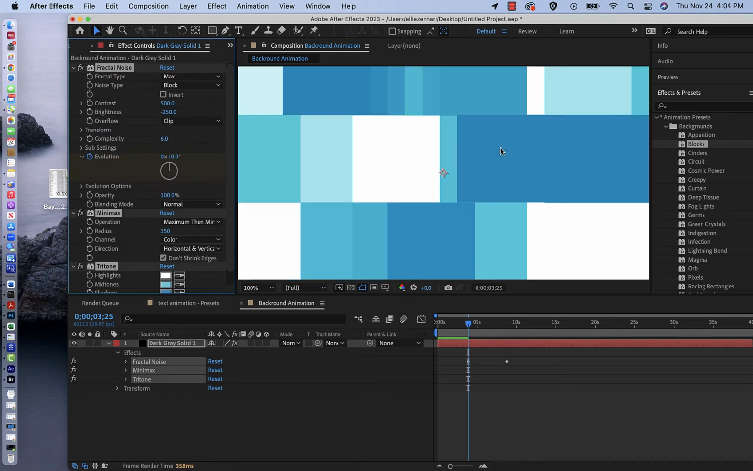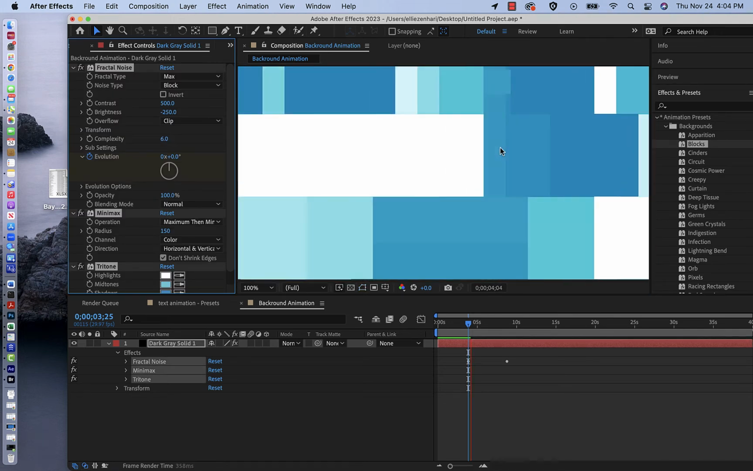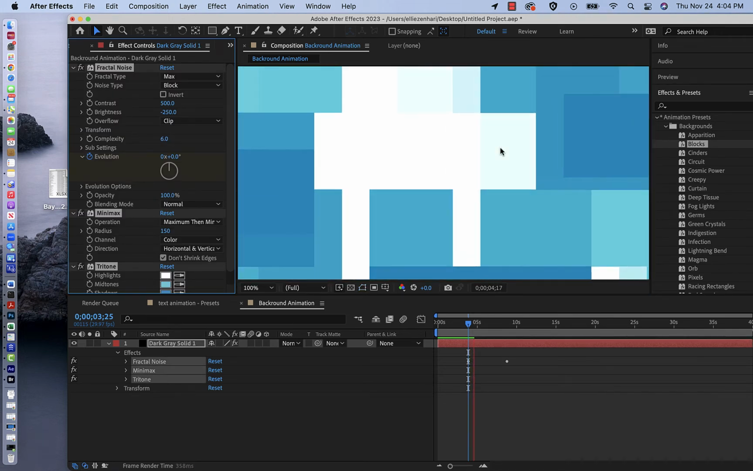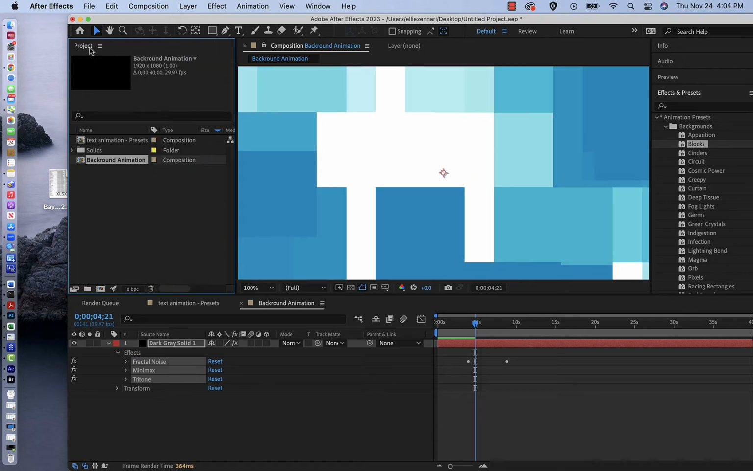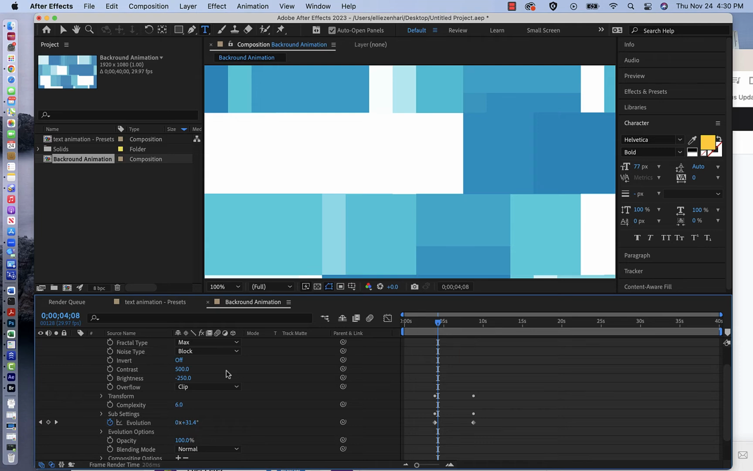I like the block one, and you can add these also to your text. And basically you have a lot of different options here. So the most important